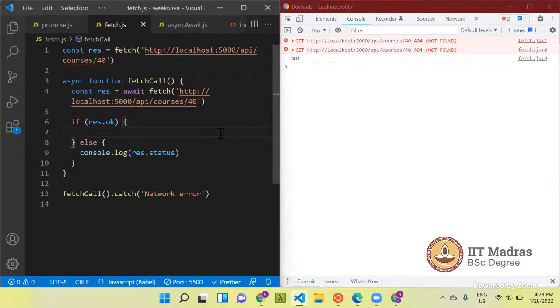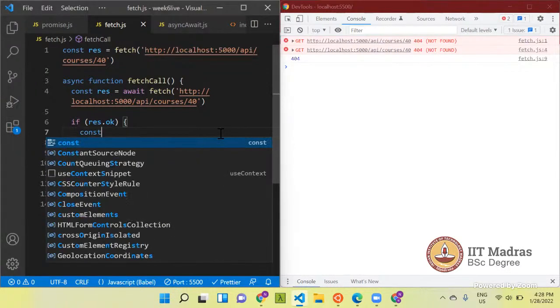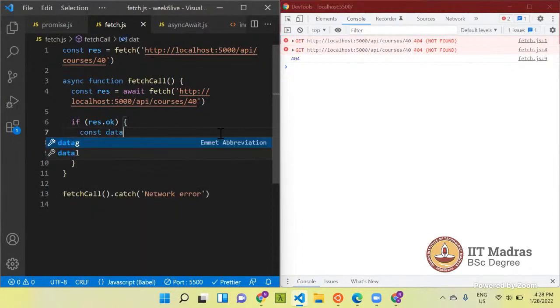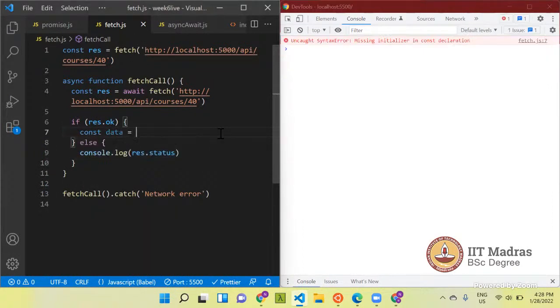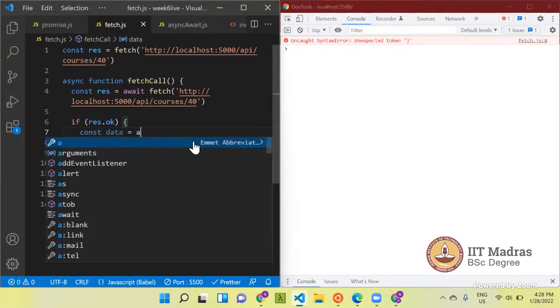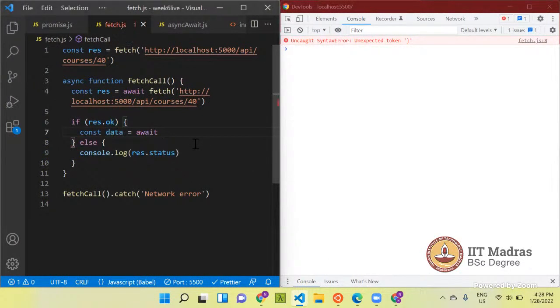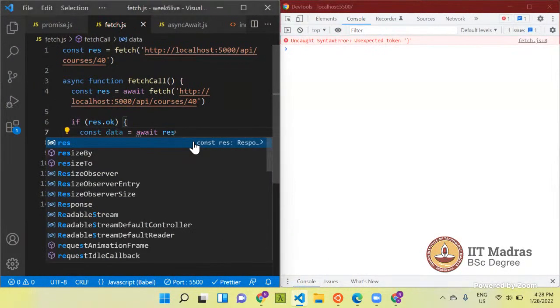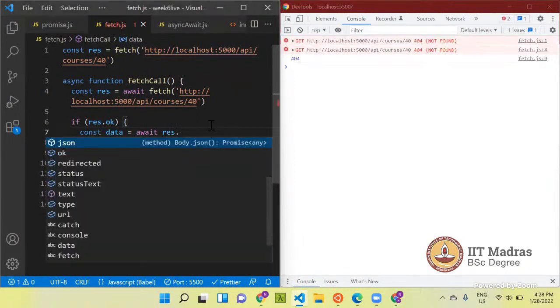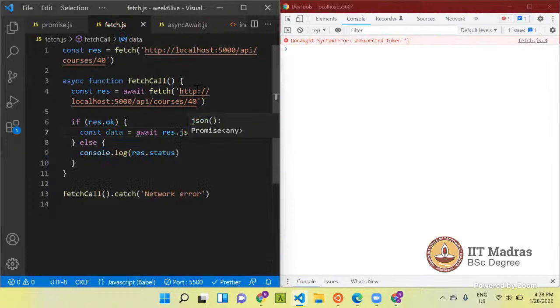I'll just change the JSON object to the JavaScript object, and then we'll print it. const data is equal to await response.json.